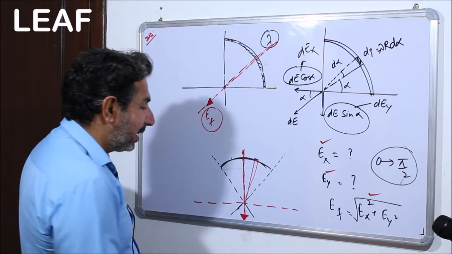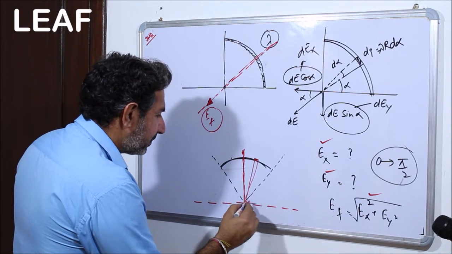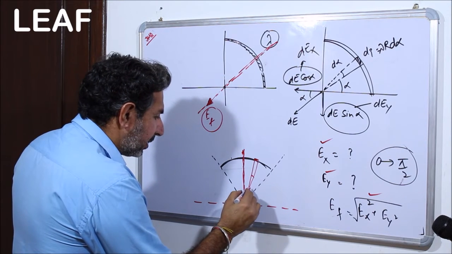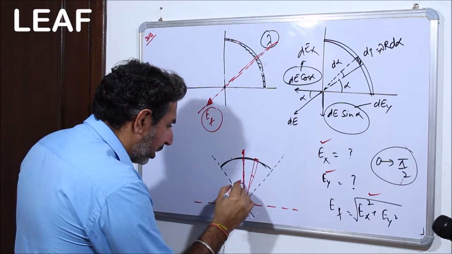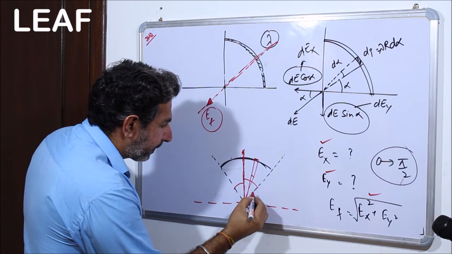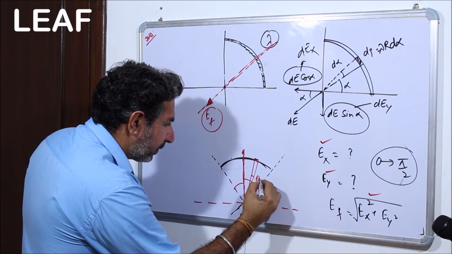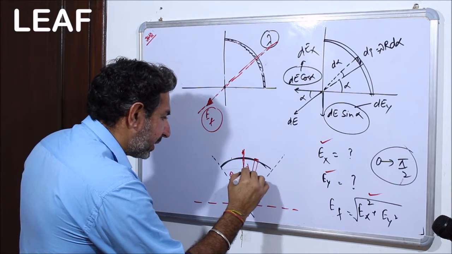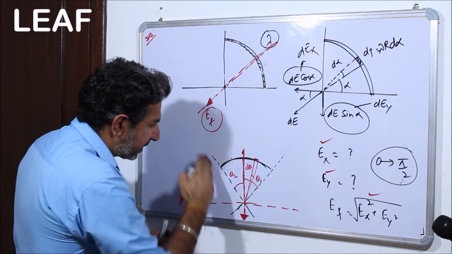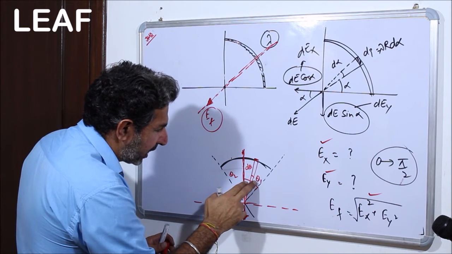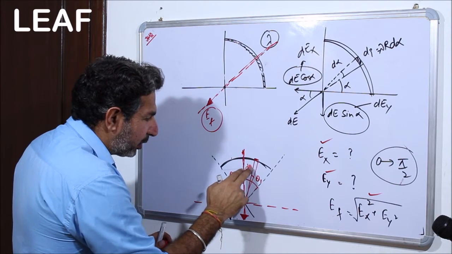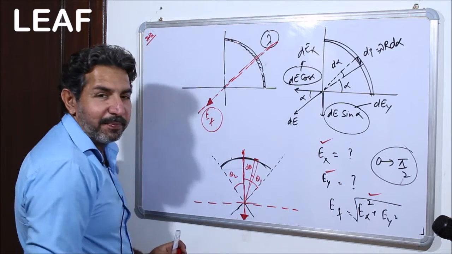Directly you are going to get the result. How exactly? You can consider this angle to be, say, and the limits. Let me first draw this. So you'll move now from, say this is theta 1 and theta 2, and say this is d theta. So within these two reference lines, I am going to use the limit from theta 1 to theta 2. This is d theta, and we are going to just sort out the value of d theta.